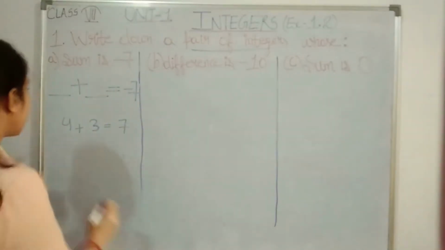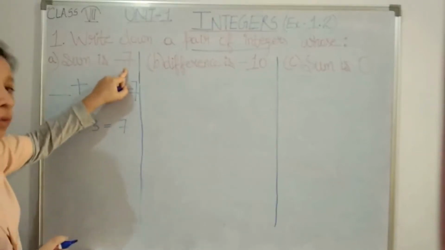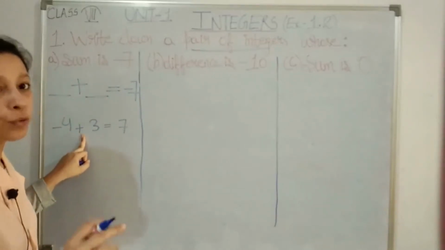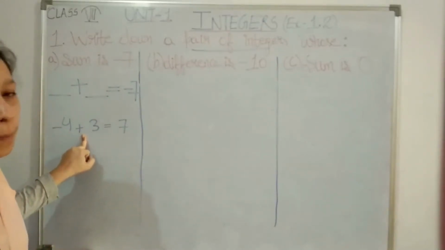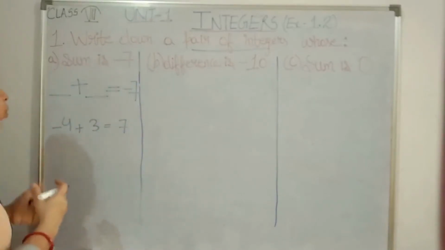As 4 is the greater number, you can put a minus sign here. Now in the result also we will get a minus sign. But here minus plus will become minus. So 4 minus 3 we are going to get minus 1, isn't it? But we want minus 7. So something else we have to do here.